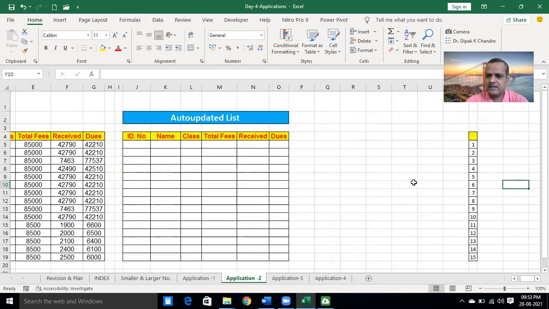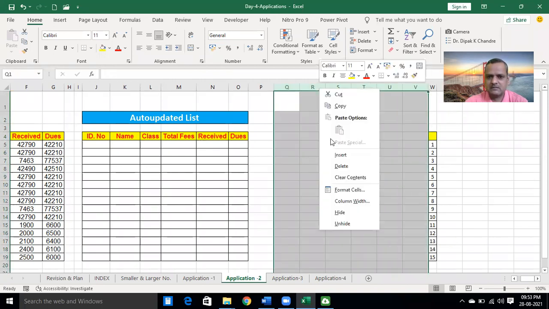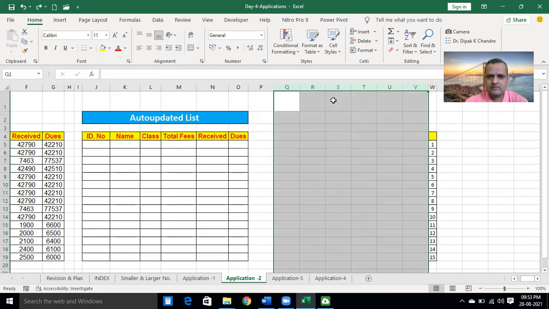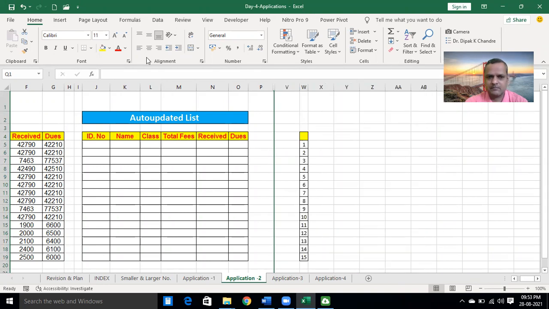Okay, and there is one column mentioned, W column. Is the W column visible? Go to the W column. I will just hide this one. Okay, this represents one.